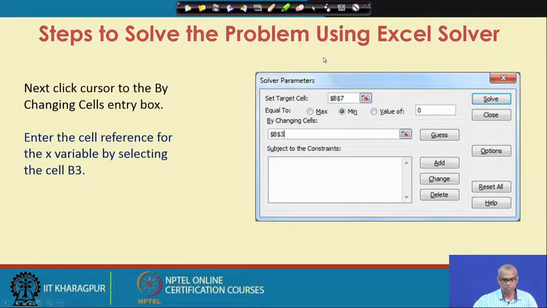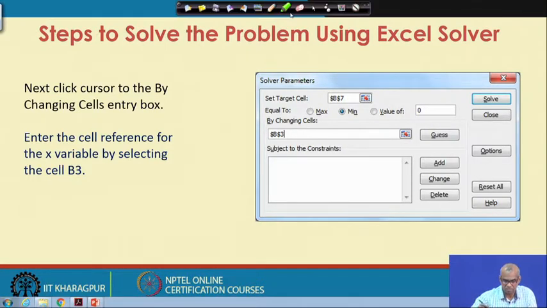Next, click the cursor to the by changing cells. So, by changing cells refers to the cell that contains the variable.